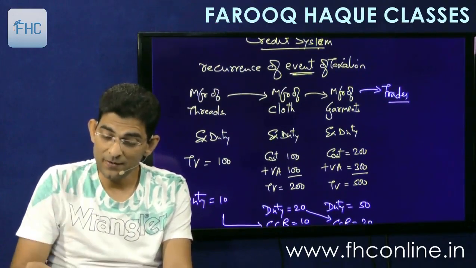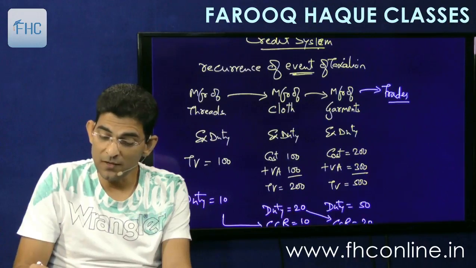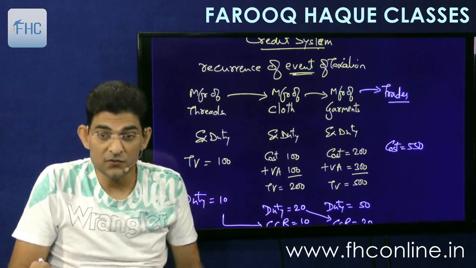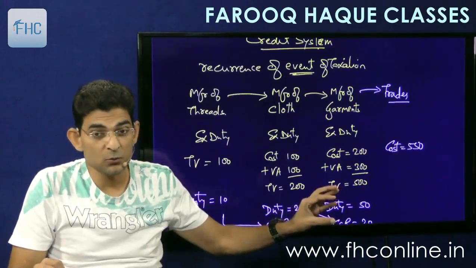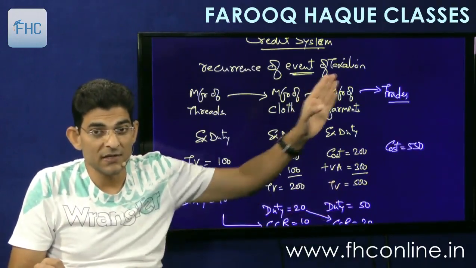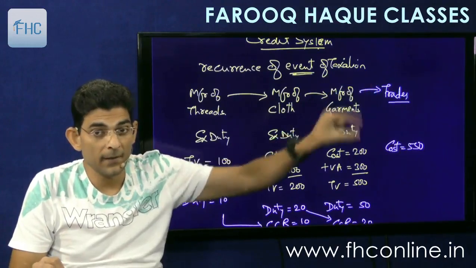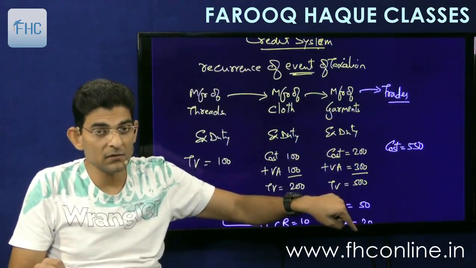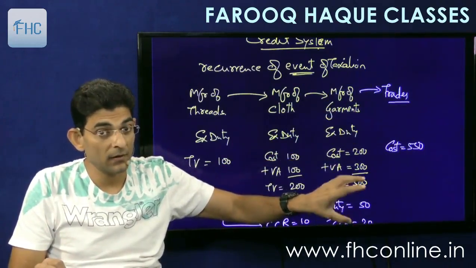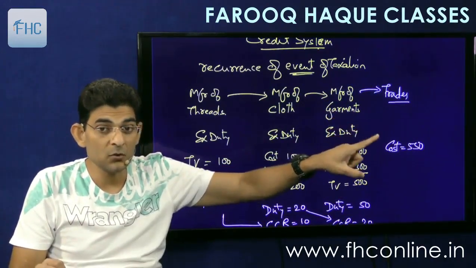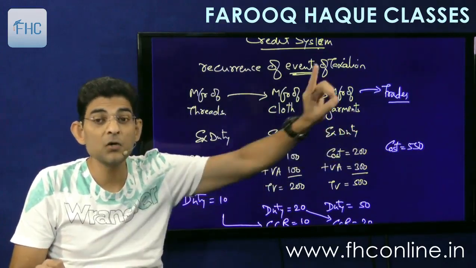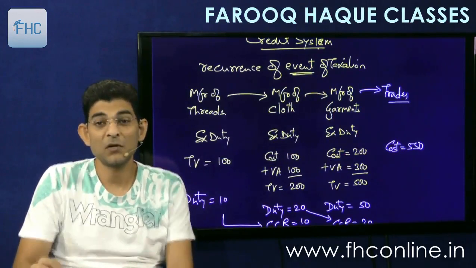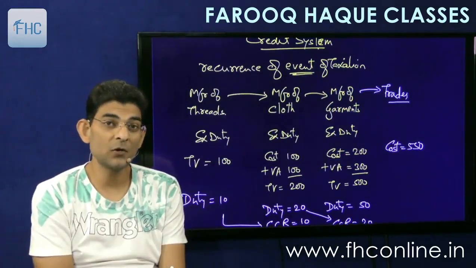So what happens here is that for him the cost will now become 550. That is the transaction value plus excise duty. So this guy is selling at 550 to the trader, 500 plus 50. He recovers 50, but he pays 30 rupees to the government. But he's recovering 50 from the trader. So now the trader will record cost as 550 because he is not getting credit of that 50. Because this is excise. Excise credit will not be allowed to a trader.